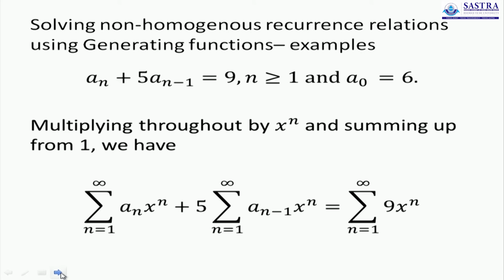So to insert the powers of x in the summation form, we will multiply throughout the given equation by x power n and do a summation. But the summation will not be done from 0, because the definition given is valid only from 1 and up to infinity. Therefore the summation that we will write will also be from n is equal to 1 to infinity everywhere across all the 3 terms in the given definition. The only difference here is that we don't have a 3, we have a 5, we don't have a 6, we have a 9. That's the only difference. So we will have a look at each of these summations individually and solve them.